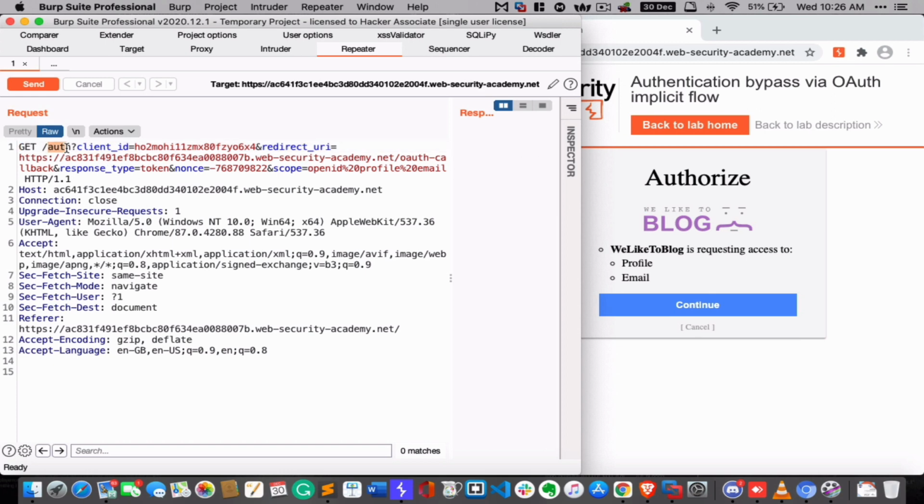You can see we have the parameter client ID, and after that you can see redirect URI. It is redirecting to the authorization server, and you can clearly see this called auth callback, response type token, and then we have a scope parameter, and you can clearly see there is no state parameter. Whenever you see a state parameter, it is a protection for CSRF, cross site request forgery. So this is the part.